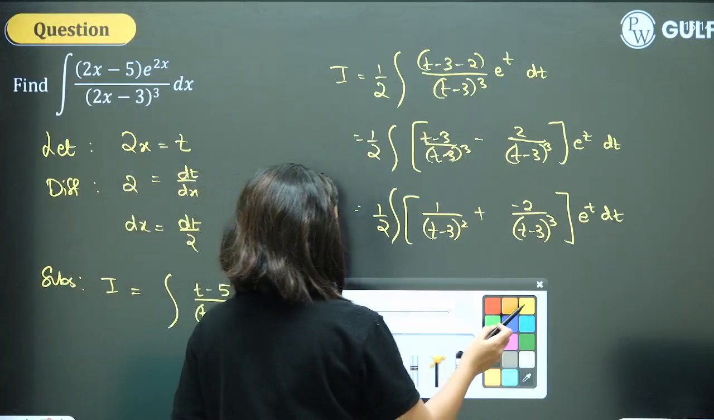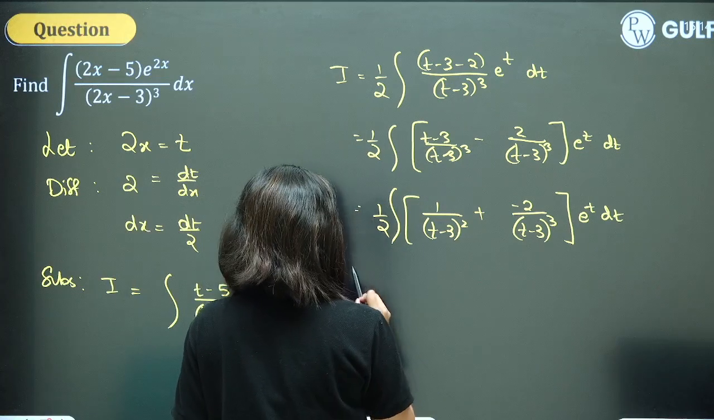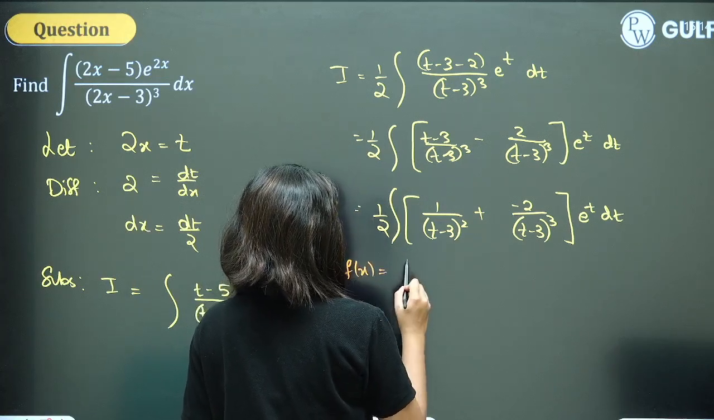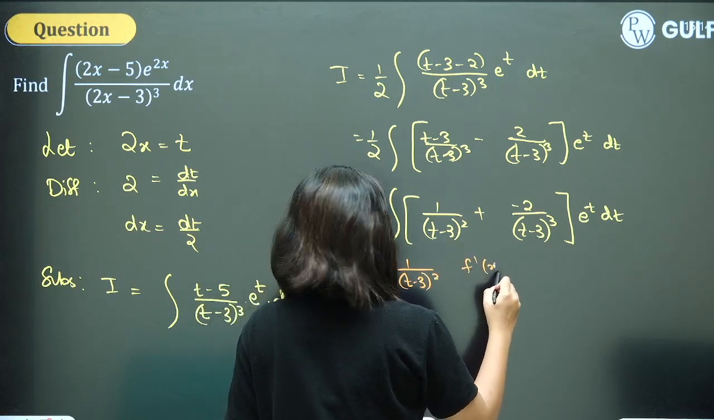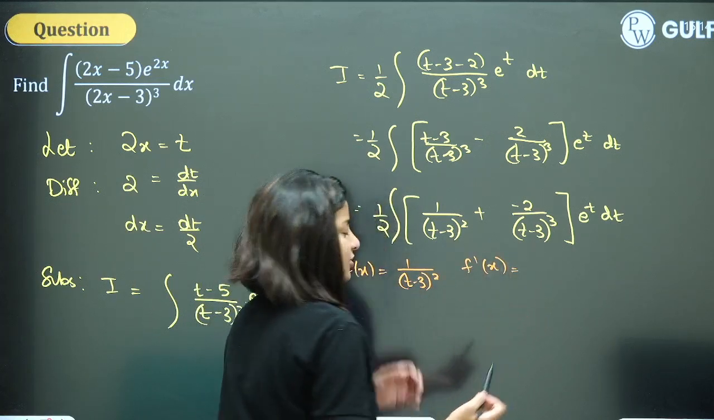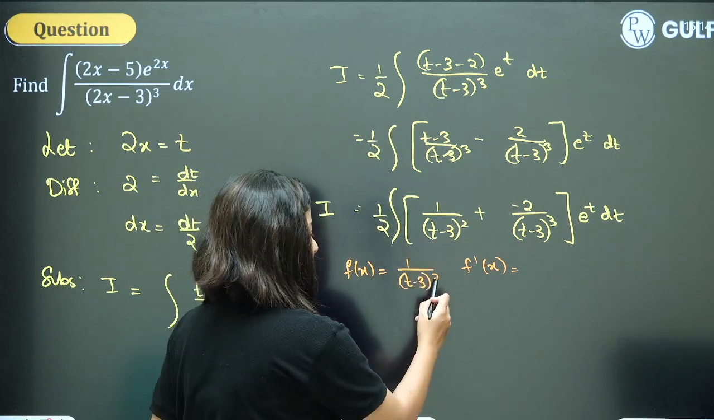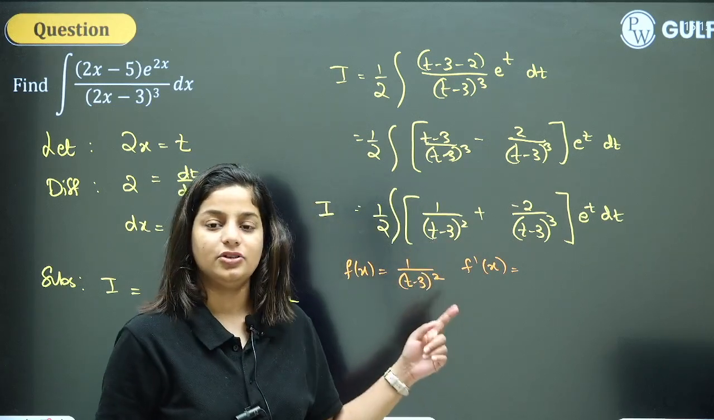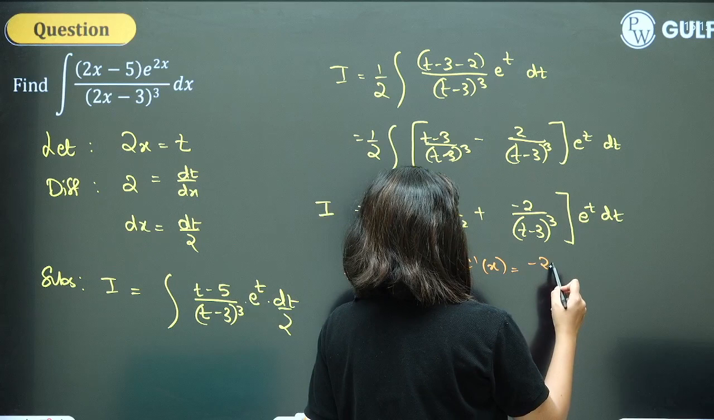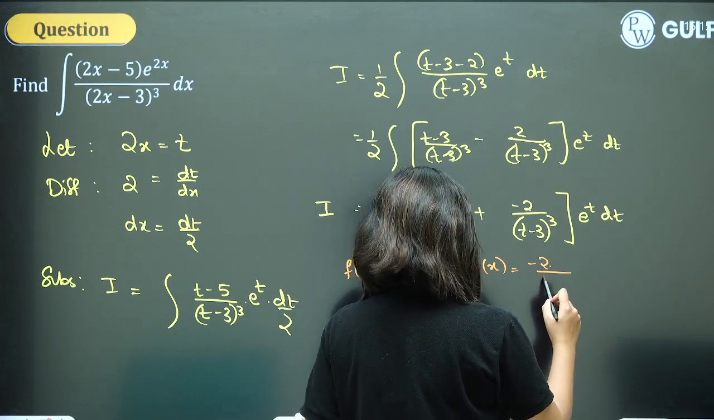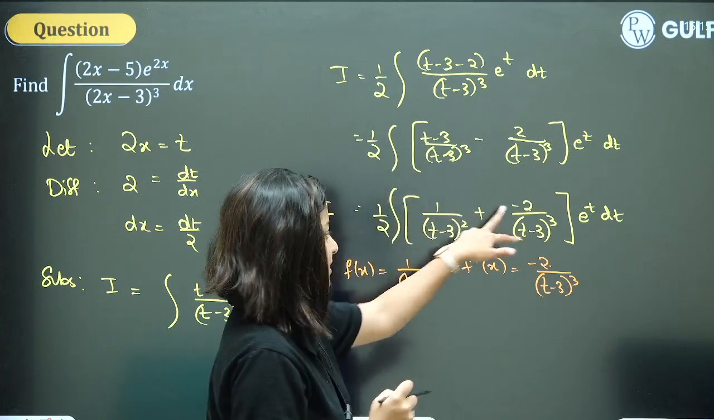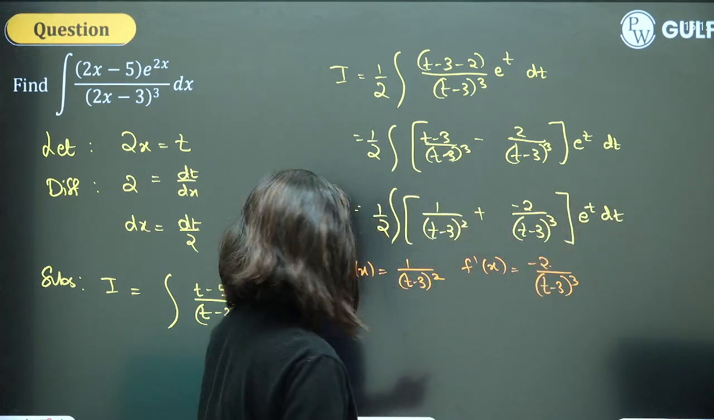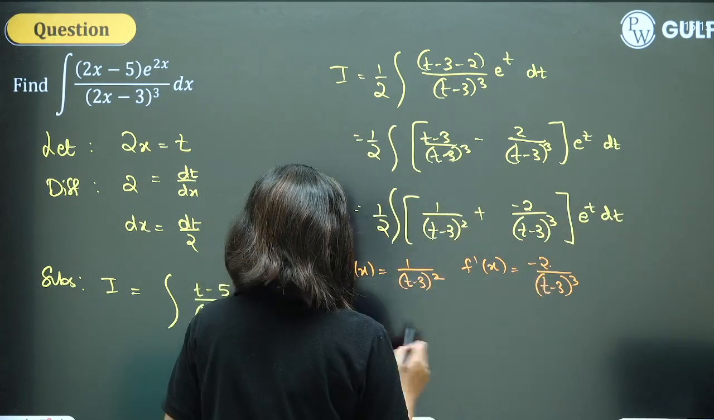Please check carefully. Here, your f of x function is 1 upon t minus 3 the whole square. What is the derivative of 1 upon t minus 3 the whole square? This will go in the power. Derivative of x raised to minus 2 is minus 2 times x raised to minus 3. So minus 2 upon t minus 3 the whole cube. The f of x, f dash of x, e raised to x. The answer will be